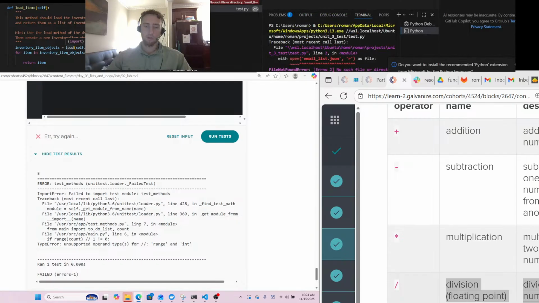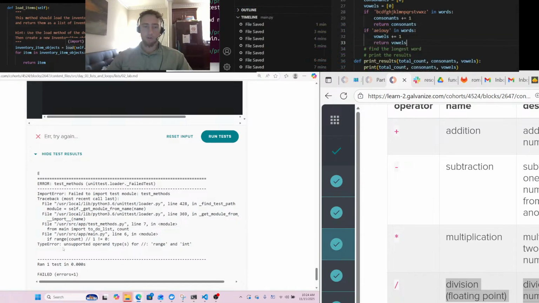Does not equal 0. So that range of the count